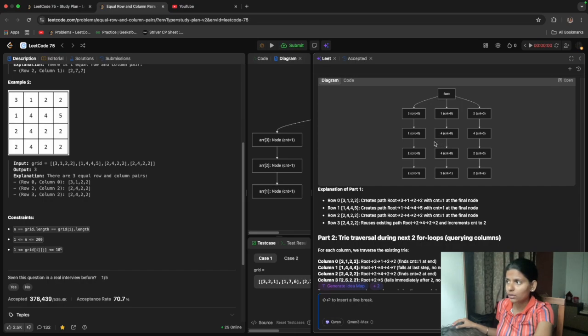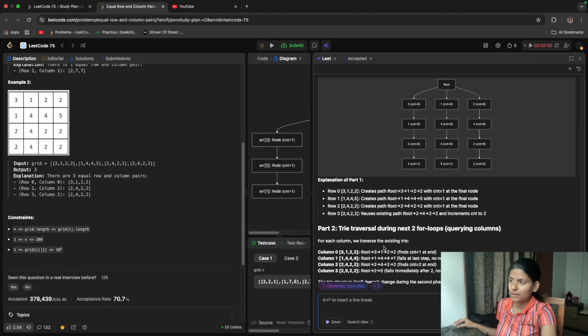This is a node, and it stores the address of the next node, and we'll go till the end. While checking the columns, this is the column basically.